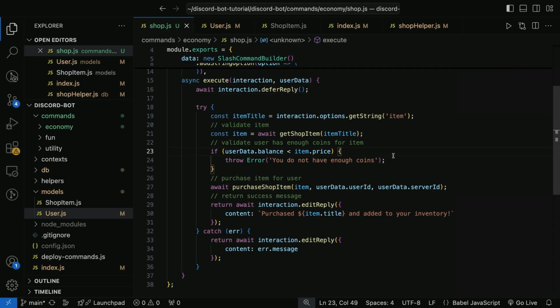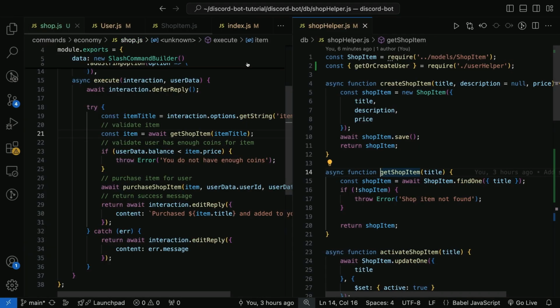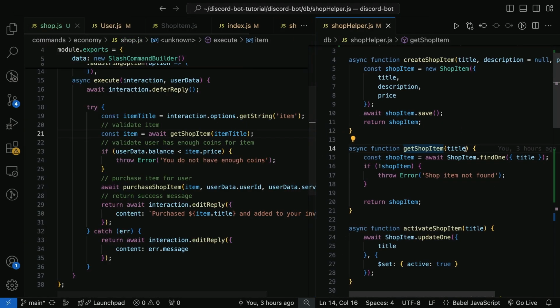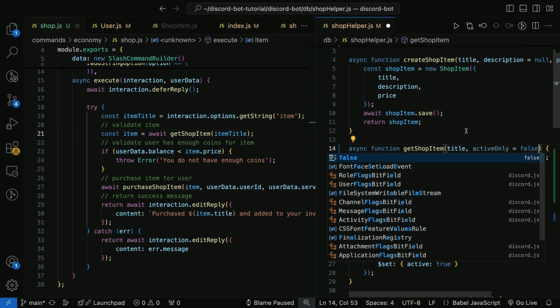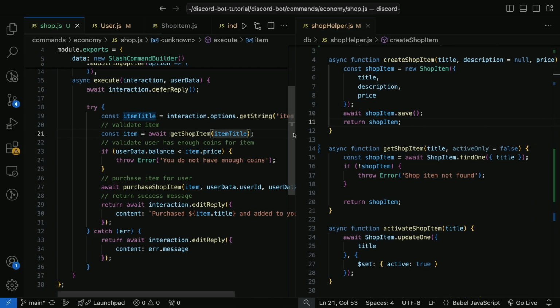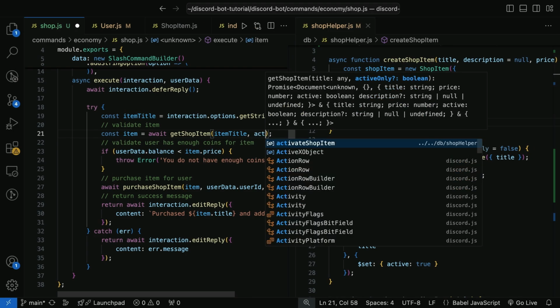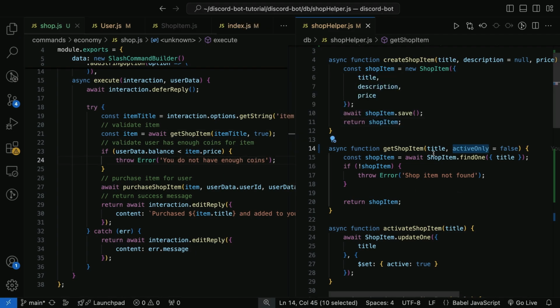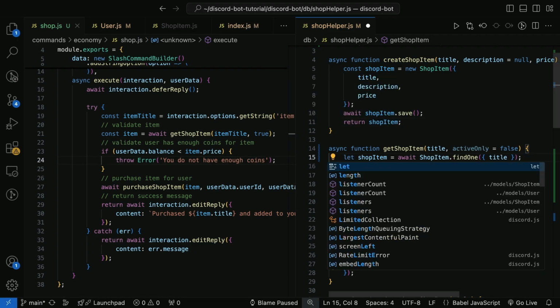Okay, now I think one other issue right now is that if we call get shop item, this is not only looking for active items. So what we can do so that we don't mess up every other place we're using this, we can add a flag called active only, and we'll just set this to false for now. But when we call this here, we want active only to be true. So we'll pass in true, and then await find one, let shop item,